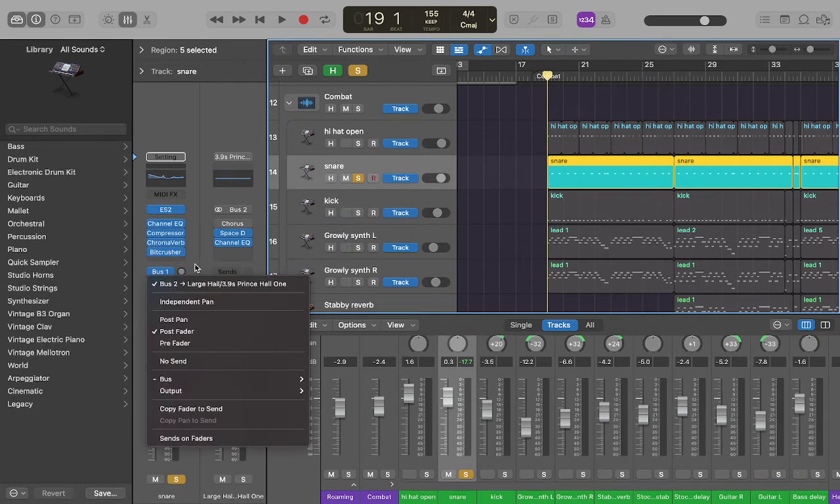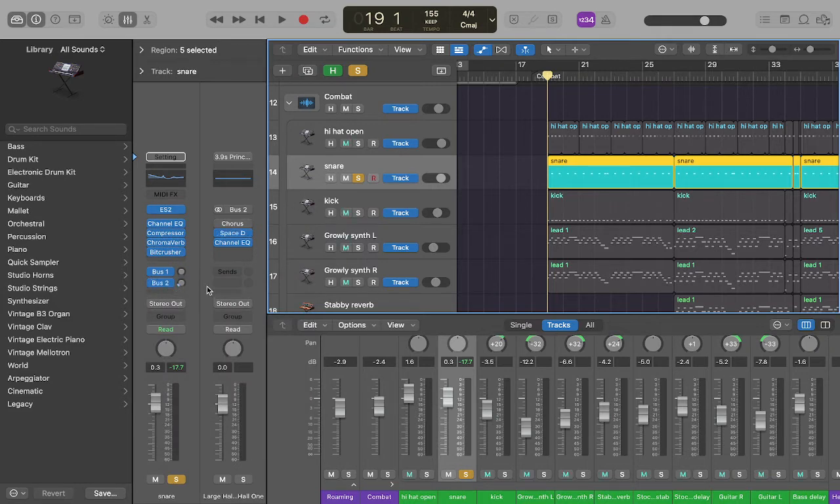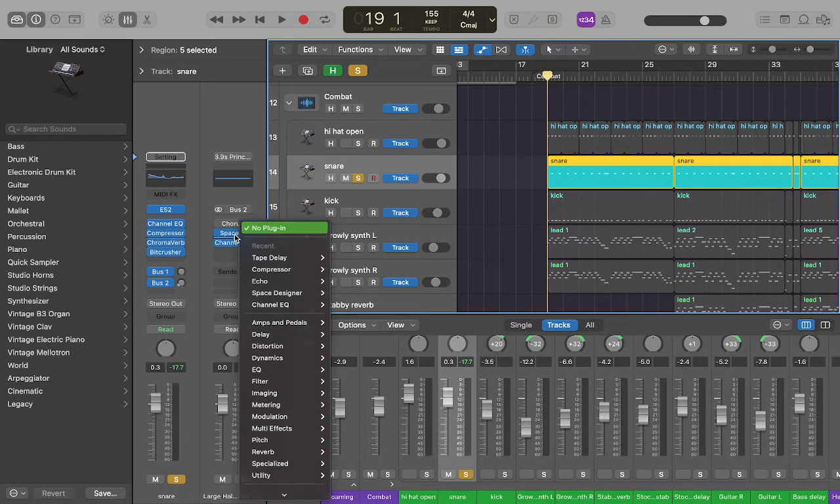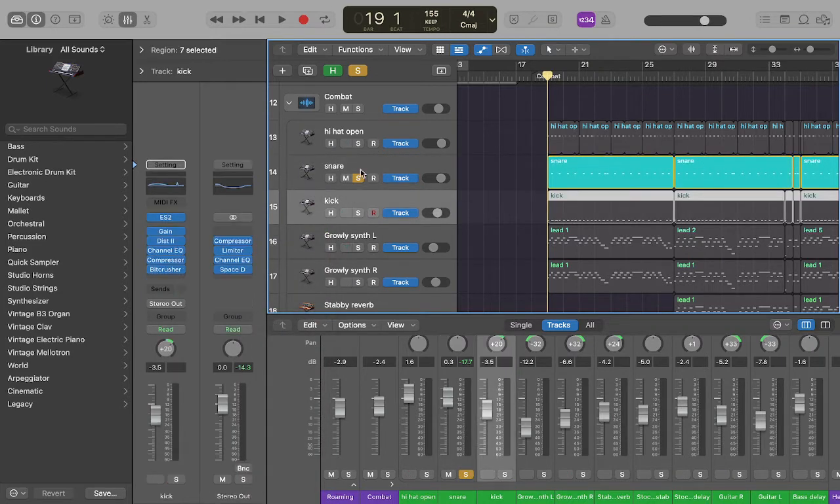I've also got a couple of buses there for reverb, which is the same kind of reverb you saw on the Koto. I use buses on a lot of these. If you take a look at the kick,